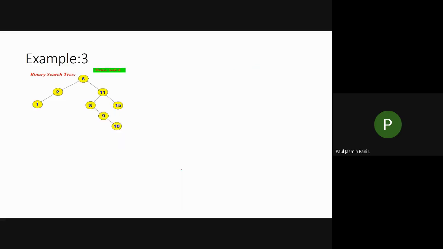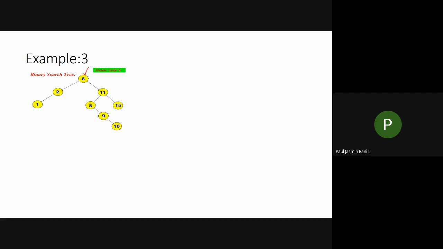Let us have one more example. If I want to delete the node 6, again, if I am using only the right subtree, then which one will be replaced over there? I want to delete the node 6.